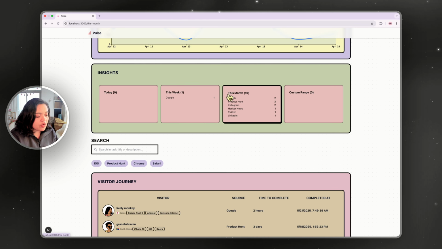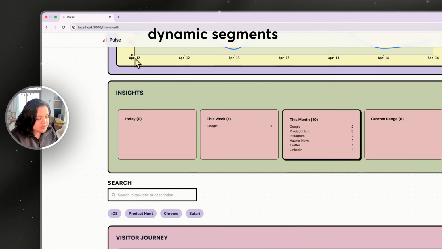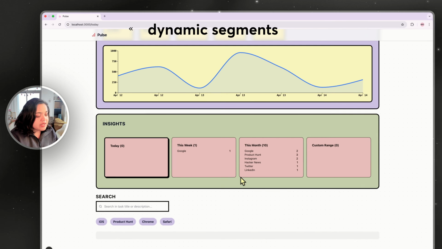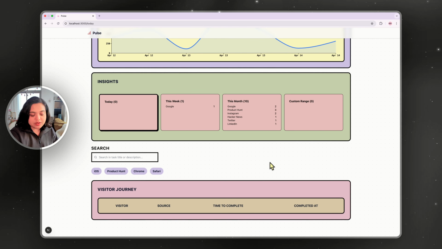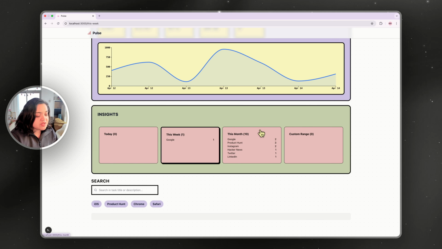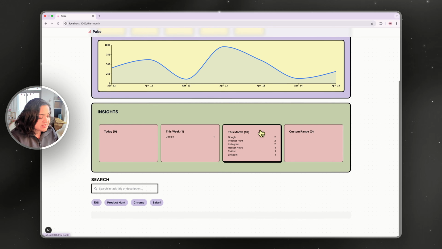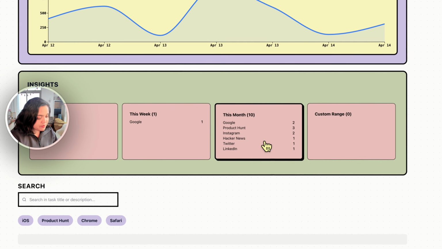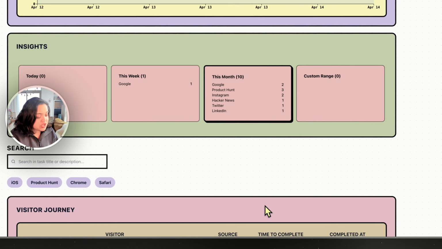And each of these insight pages, such as this month, or let's say this week, or let's say today, each one of these are server components and they are rendering server components. So what's going on is Next.js is rerunning the same server component over and over again, even though this specific data hasn't really changed. For example, if I press this week, it's going to refetch this week's data. If I press this month, it's going to refetch this month's data all over again.